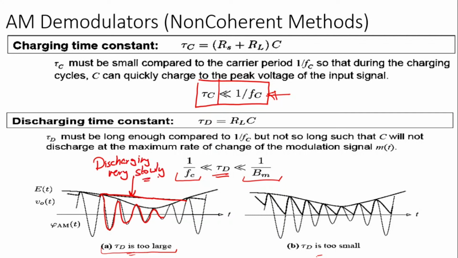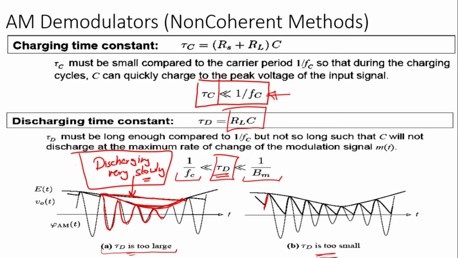So if this is discharging very slowly, the envelope would not be detected and hence the purpose would be killed. So we have to fix the discharging time by adjusting the values of the load resistor and capacitor. On the other hand, if the discharging time is too fast, that is TD is too small,